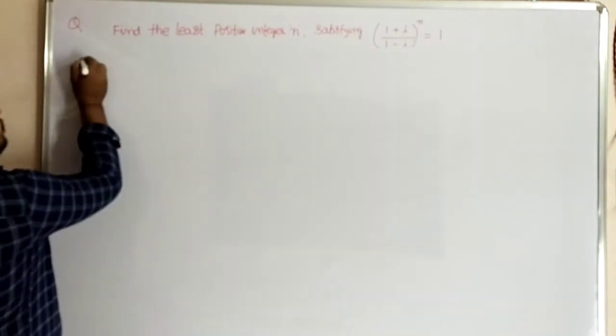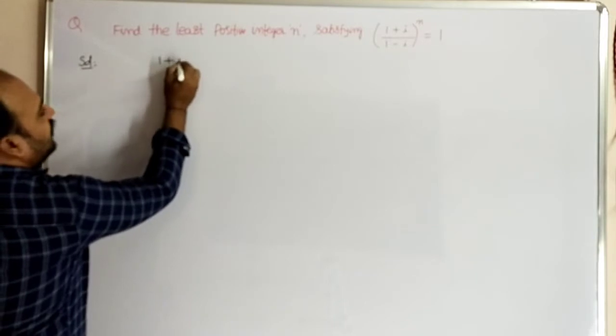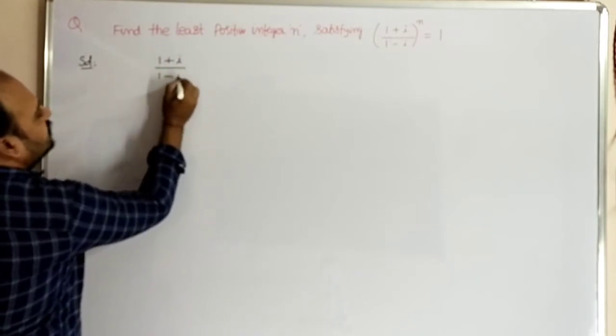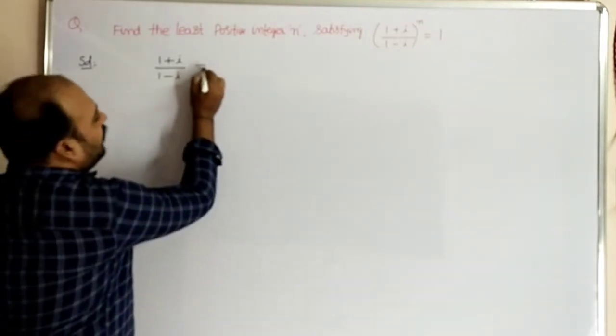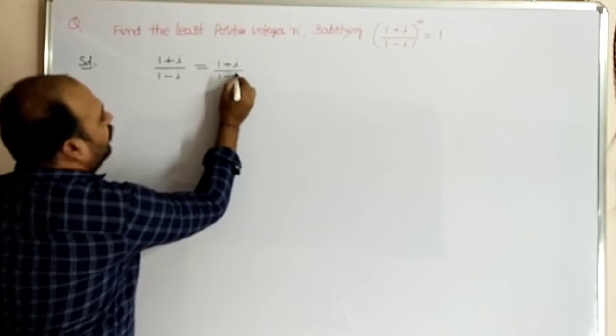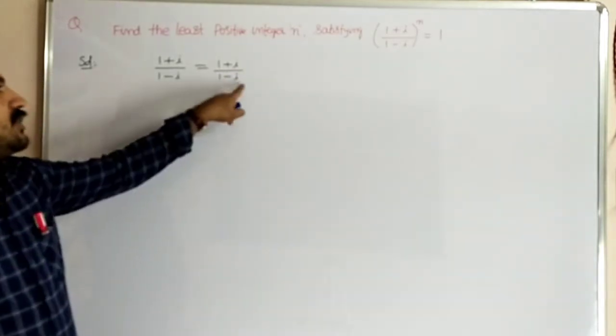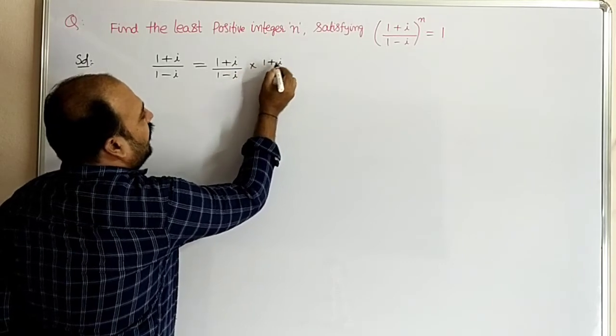First consider (1 + i)/(1 - i). We have to calculate this value. Multiplying and dividing by the complex conjugate of the denominator. The conjugate of 1 - i is 1 + i. So, multiplying and dividing by 1 + i,